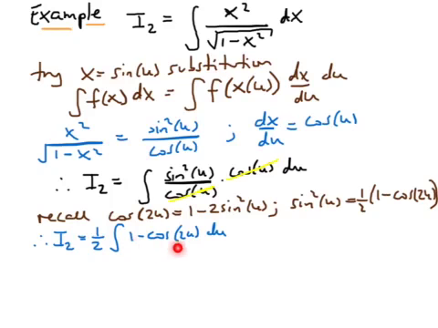Now this is a difference of two integrals, so we can integrate this term and then integrate this term. Both of them are of course multiplied by a half, so I'm going to write this as a half, big brackets. The integral of 1 with respect to u is just u, and then we have minus,